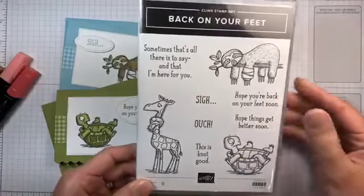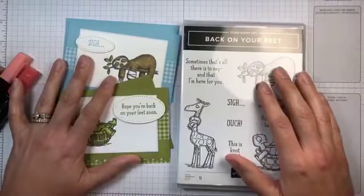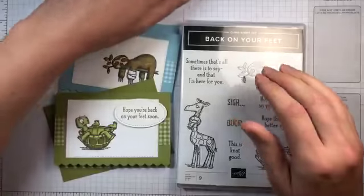So all right, I'm going to be using this stamp set, but before we get going on the cards that I'm going to show you, there are a couple things Stampin' Up